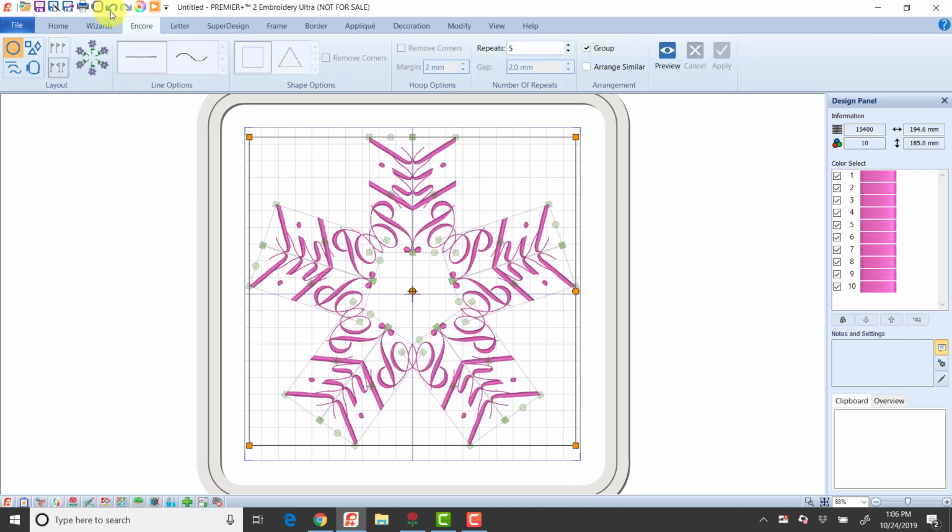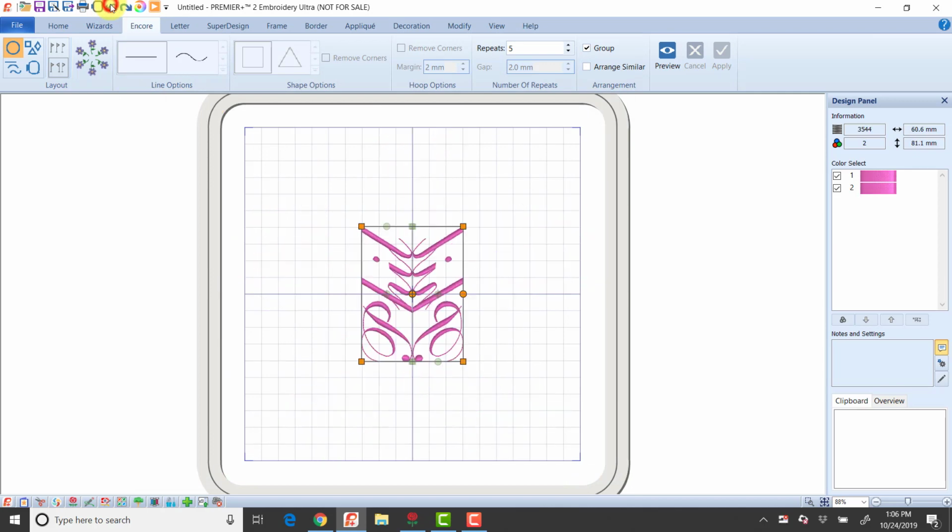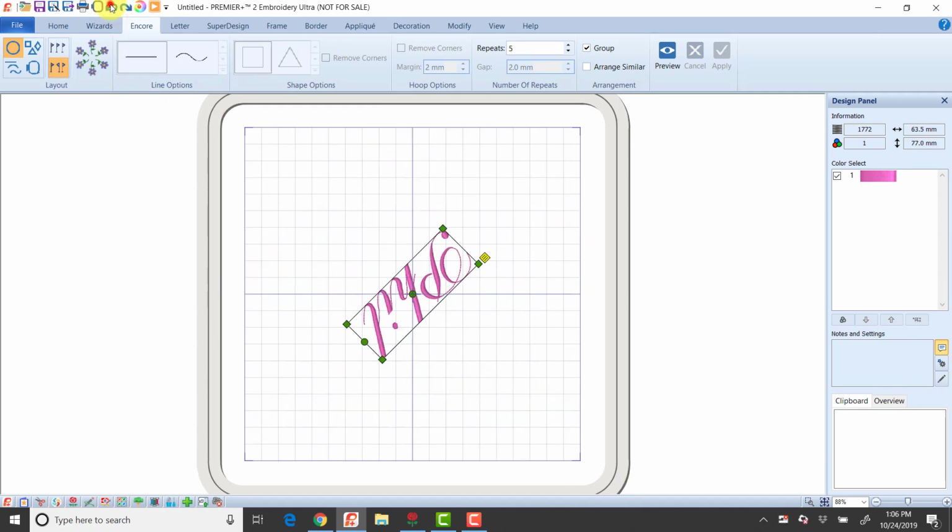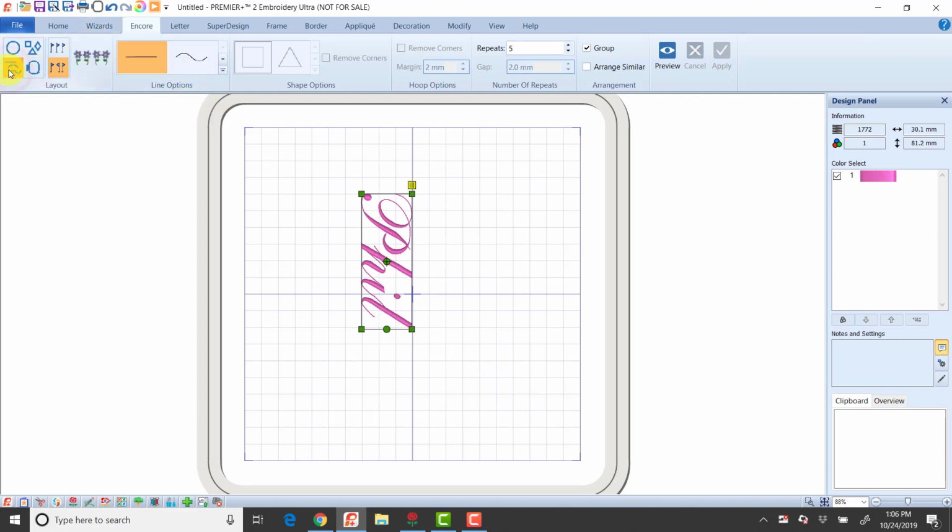Let's hit cancel now, and I'm going to undo several times till I'm back to my name, because I do want to point out that I could also mirror it this way. So when you're playing with snowflakes, you may find that using different angles is going to give you a different effect. So now, instead of having rotated it 270 degrees, I just rotated it 90 degrees. And I'm going to do the same two encores again. The line mirror to